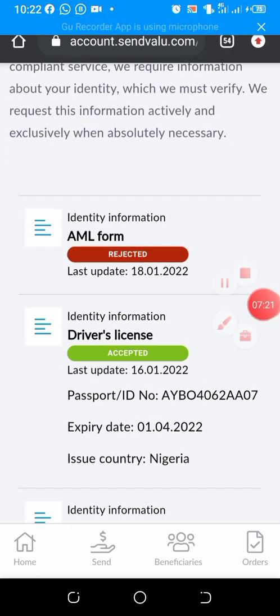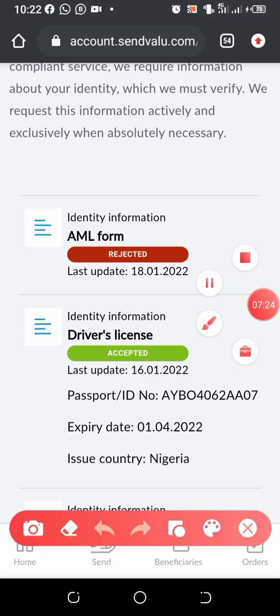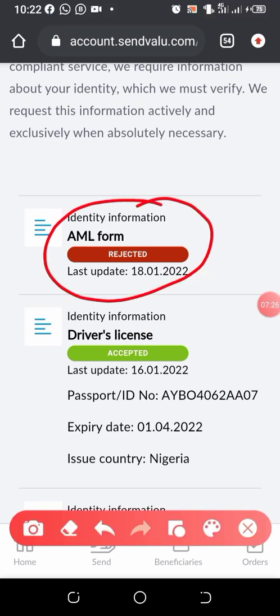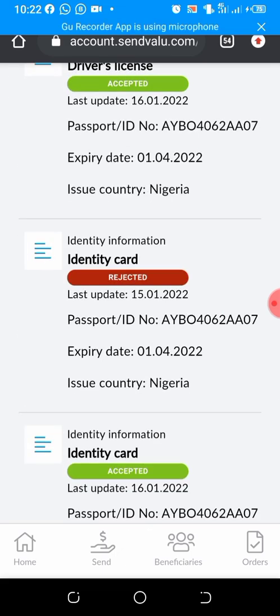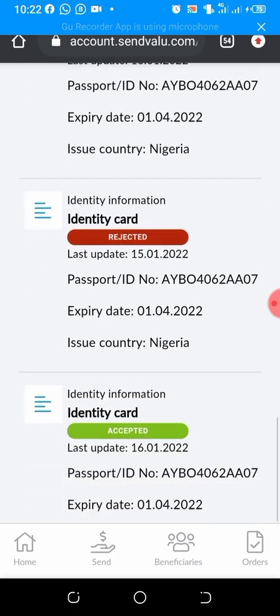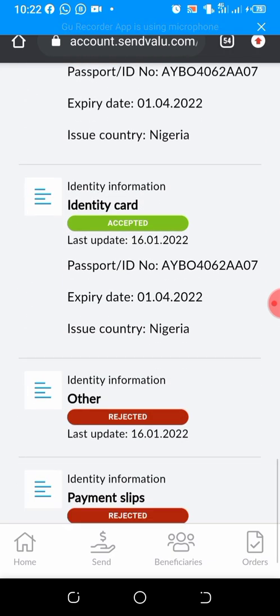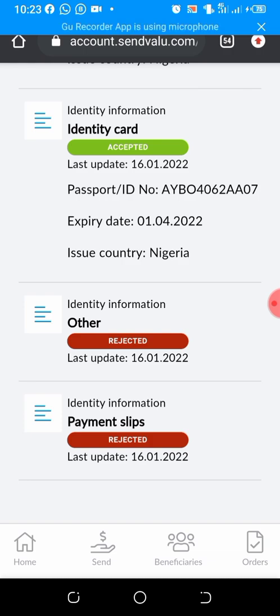Now look at it. There's the form they will send to you on your email, which I got. I filled the form and submitted it, and it was rejected. My driver's license was accepted. My first identity card that I sent was initially rejected because I sent it wrongly. Later, it was accepted. Now the payment slip that I sent was declined. So there was just too much stuff. I don't have all the documents that they requested, and this is over 4 to 5 days. My monies had not been